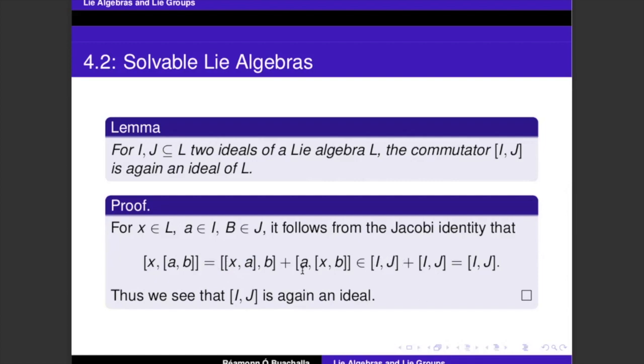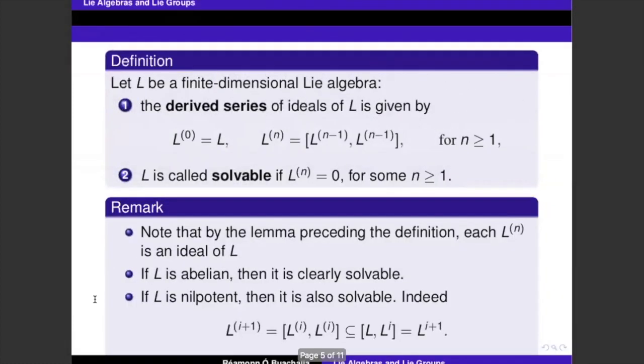And in the second one, it's the same argument. We see here that because J is an ideal, X and B are going to lie inside J. And again, A is in I by assumption, so the product lies inside here. Thus, we see that this is again an ideal. Okay, so this generalizes the proof that we had last week, and it's extremely useful. So with that lemma in hand, we can move on and